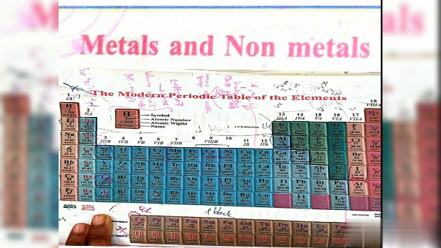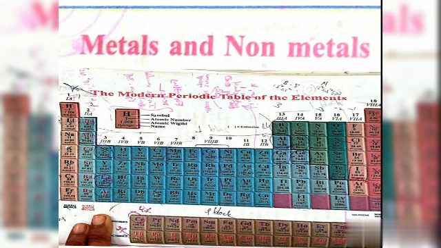Okay, so metalloids are elements that have properties of both metals and non-metals. Metals are sonorous, ductile, malleable, and good conductors of heat and electricity. So here also